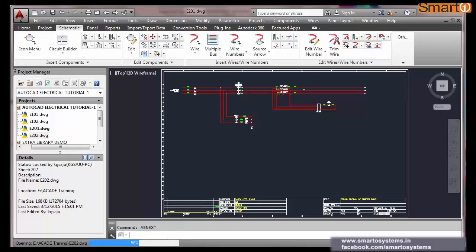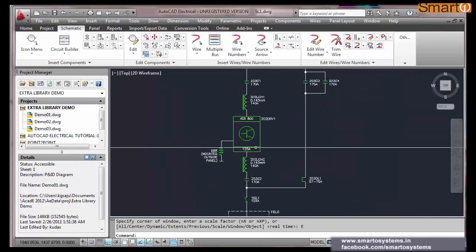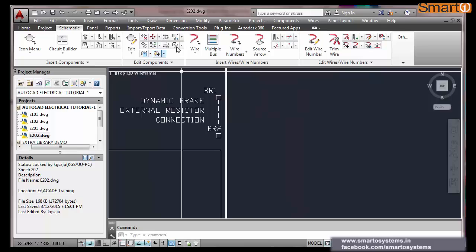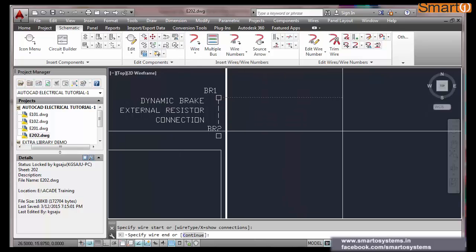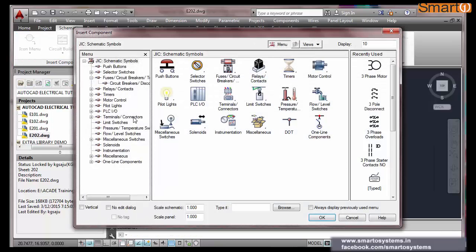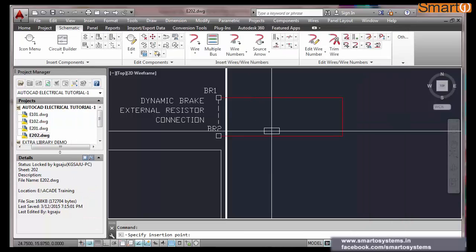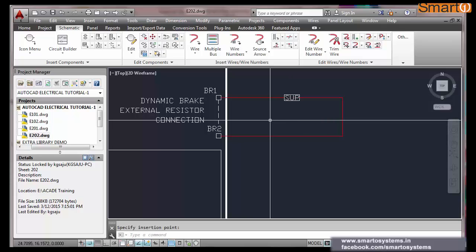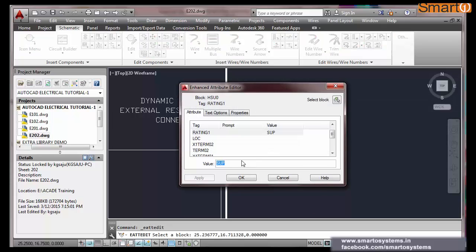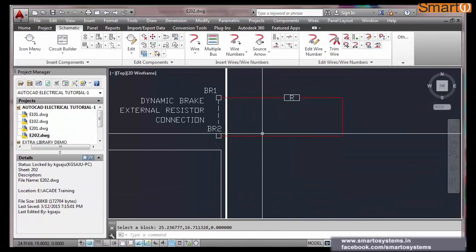When I go to the second, AutoCAD next, AE next. This is what? My power. This is nothing but a DBR. If you see here, you can see 2 terminals, and I will put a resistance. If I want, I can put a resistance across this, but I don't know where the resistance lies in this miscellaneous. For the time being I'm putting something like this. Okay, it's not a suppressor, in fact it should be a resistor. R. So this way you can put.